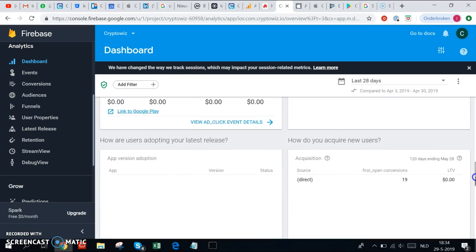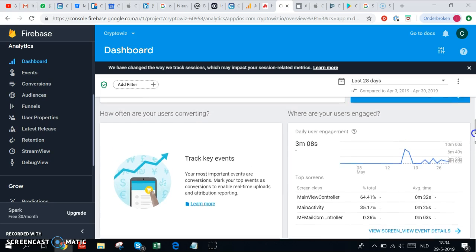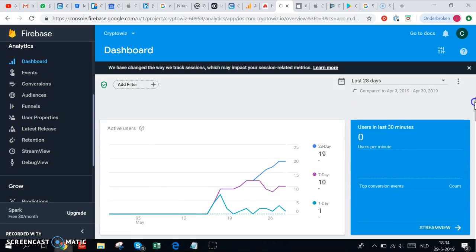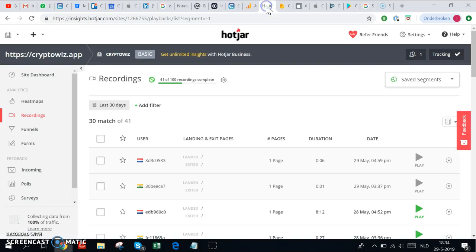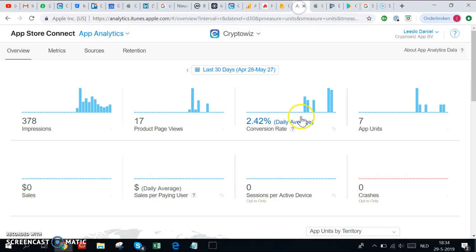I really have to jump into this. Luckily, Mike is helping me with this, so we'll be able to figure out everything that we need to measure and improve our metrics. All right. So we had Google Analytics, we had Hydra, we had Firebase, we have the actual App Store. So this is Apple's Connect Store,